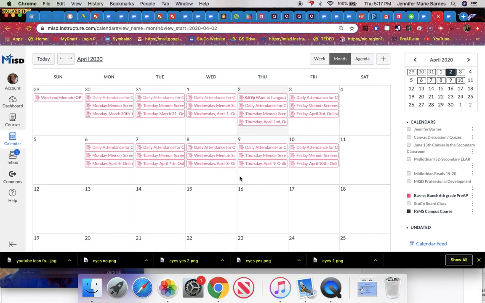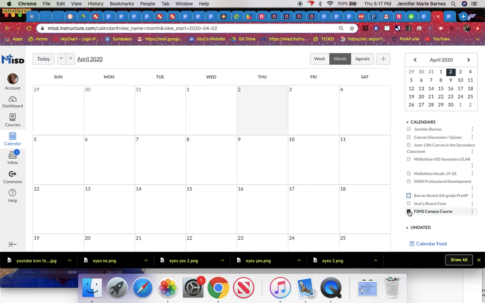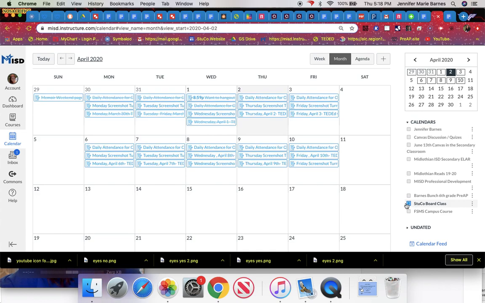So first of all, you're going to see that over here on this right hand side are all the different calendars that they have. Now, theirs will be divided by subject, obviously. So it'll say math, reading, science, social studies, all those classes, right? So specifically, what I do is I uncheck all of them for my kiddo, right? And then I would come over here and find their first period class. And I click it, that way the only thing that I see is what I have for them for today